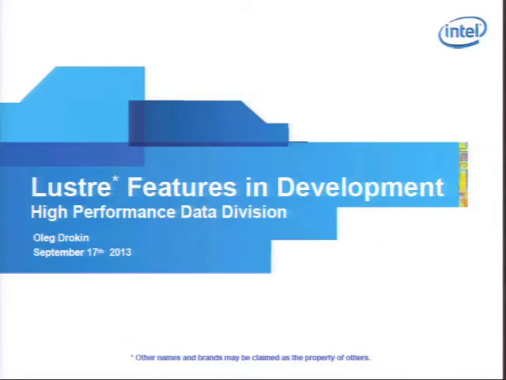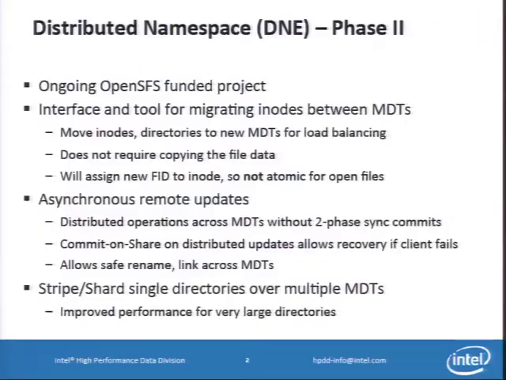So I will be talking about things that we have next in the queue, kind of as an update to a similar presentation given by Andreas at the last LAG. So as you all know, the 2.4 release has been released already. That includes some parts of DNE functionality, which is a distributed namespace that allows you to have multiple metadata servers in a limited fashion. So the DNE phase 2, which is also an ongoing OpenSFS funded project,